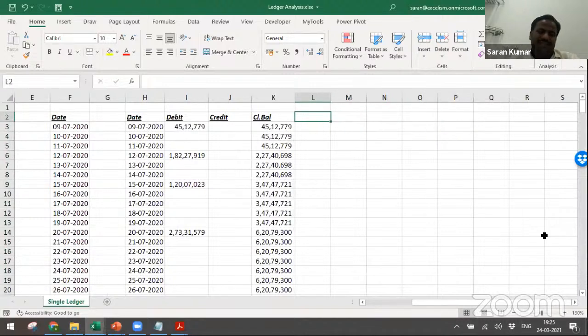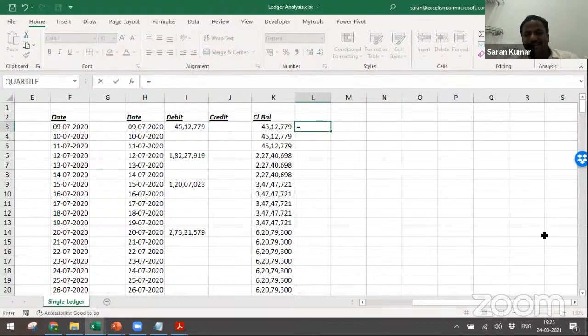In this case, first of all, whether it is out of order or not, let us verify. If it is out of order, then we can consider how many days continuously it is out of order. Let me have an IF function. Let me cross check. Is it greater than 5 crore? Equal to is not required. Greater than 5 crore. Let's say 5 crore is the sanction limit.